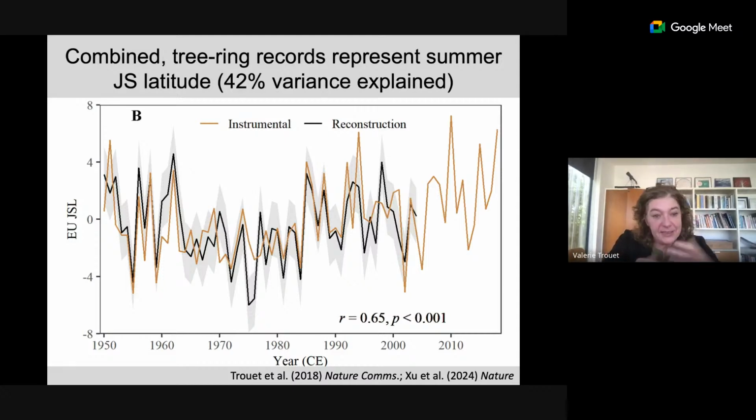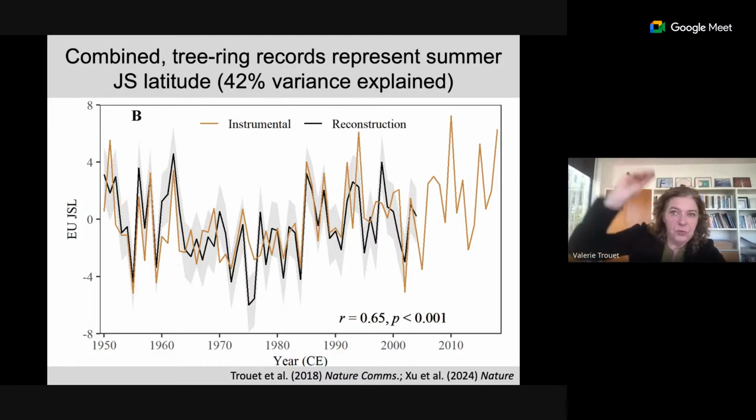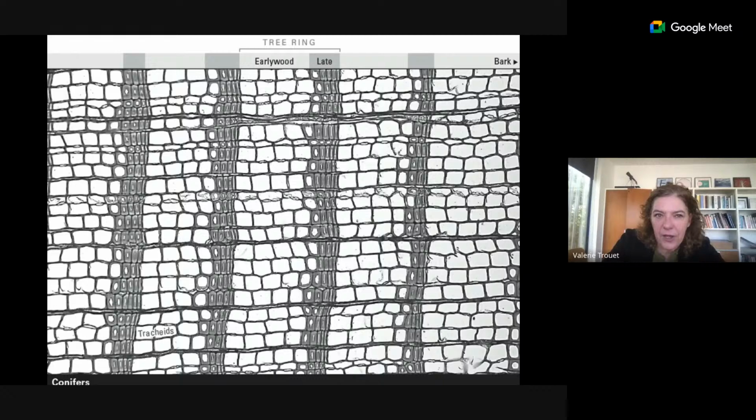The black line is our combination of tree ring records, and you can see that the black line tracks the orange line really well. So it actually works that we can use these tree rings from very specific locations to reconstruct patterns of the jet stream. And I do want to point out, this is quite remarkable, if I may say so myself,